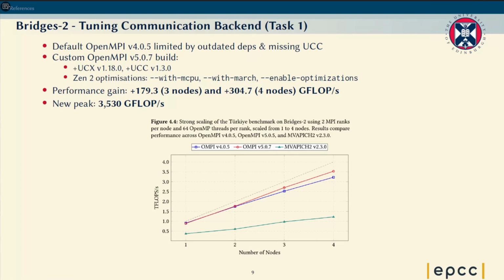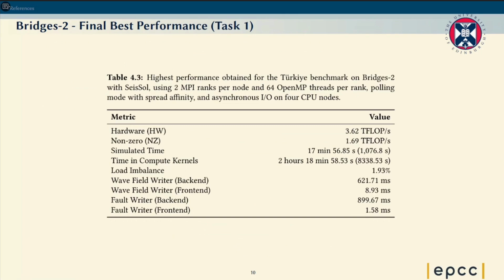By doing so, we increased the performance at 3 nodes by 180 gigaflops, and at 4 nodes by 300. By the end of the competition, I was able to achieve 3.62 teraflops,